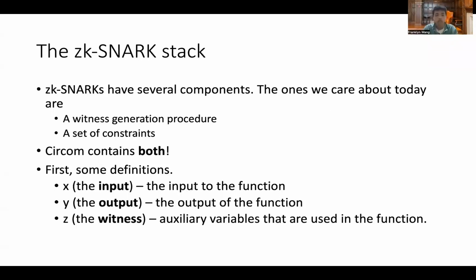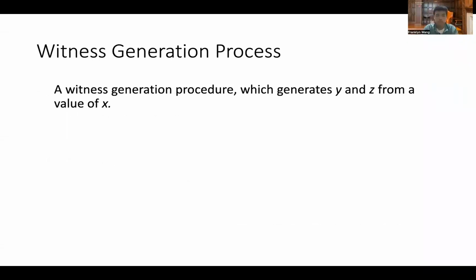Okay, so first, let me give some definitions. x will be used to represent the input to the function. y is the output of the function, and z is the witness, and these can be thought of as corresponding to auxiliary variables that are used in the function. So the witness generation process is just something that generates a y and a z from a value of x,